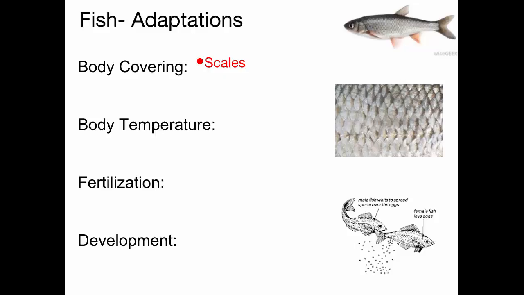Okay. The scales of a fish provide protection. They are all overlapping each other like the shingles on a roof. And probably lots of you have gone fishing. If you pick up a fish, often they feel slimy. That's because their scales secrete a mucus that helps them swim through the water smoothly, keep away parasites